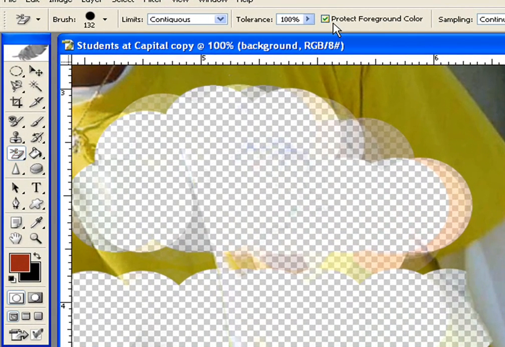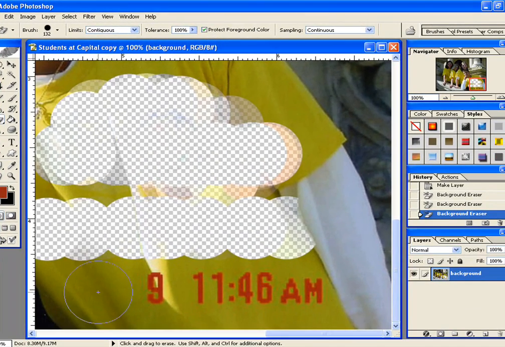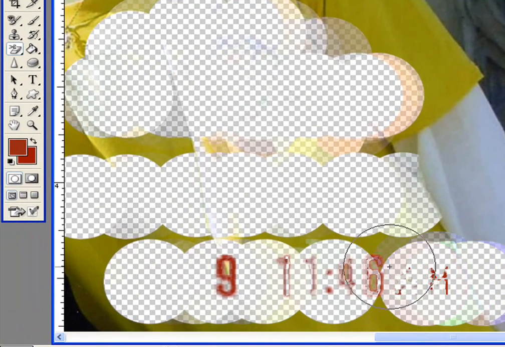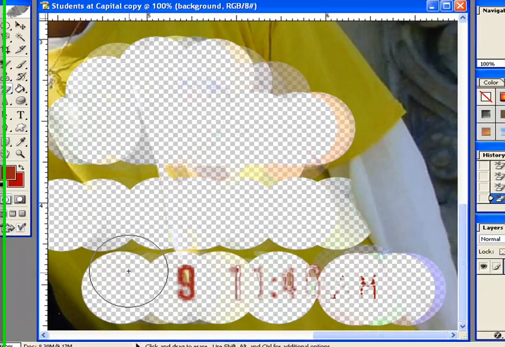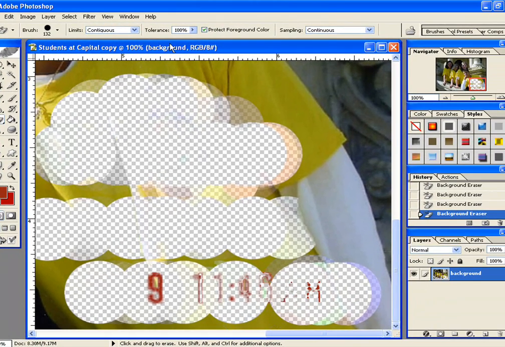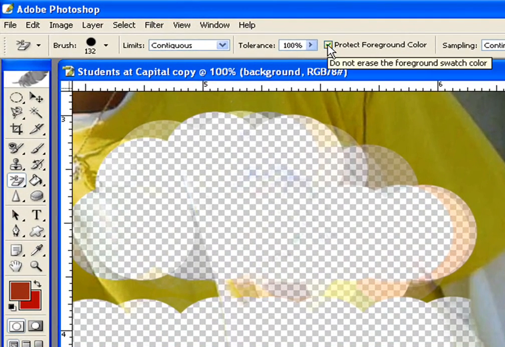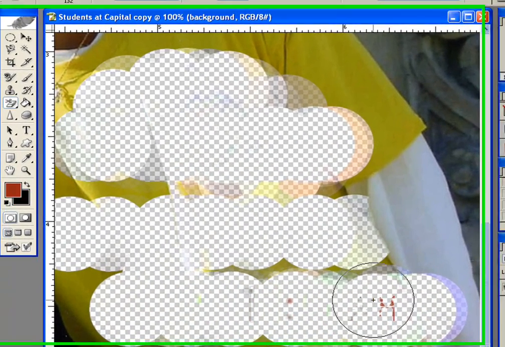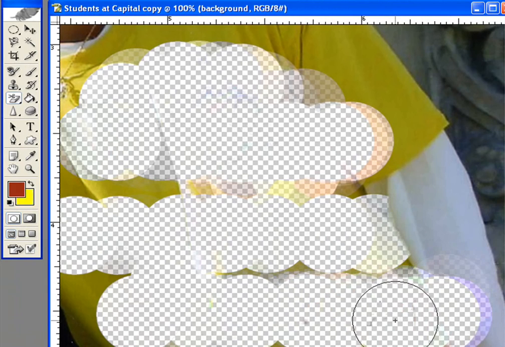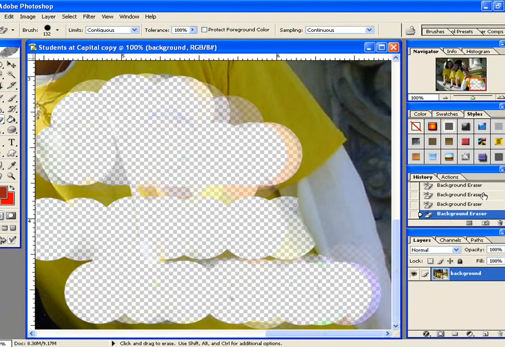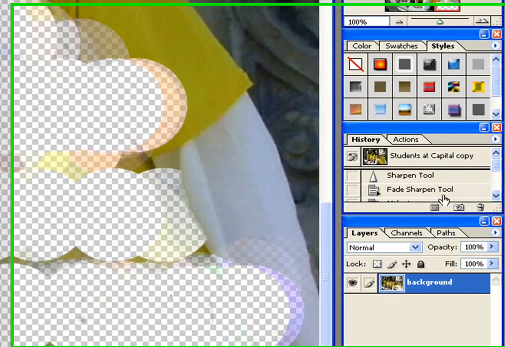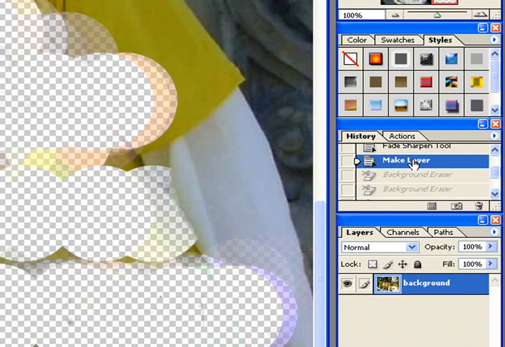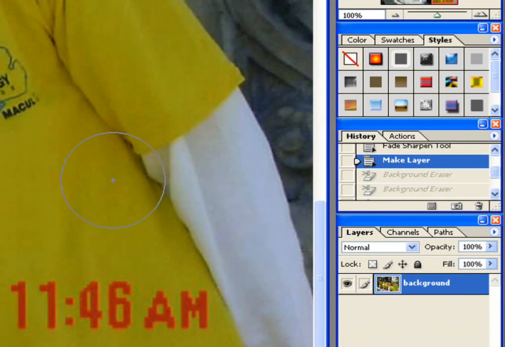I have Protect Foreground Color selected, and if I go across, it's going to some extent protect it, but not 100%, because actually there's some variation with the colors as well, even on the timestamp. If I want to completely delete it, I just deselect Protect Foreground Color, and yes, I may have to go over it a few times, but it will get rid of my coloration. Okay, let's go back up in the history palette until right before we made our first background eraser deletion,